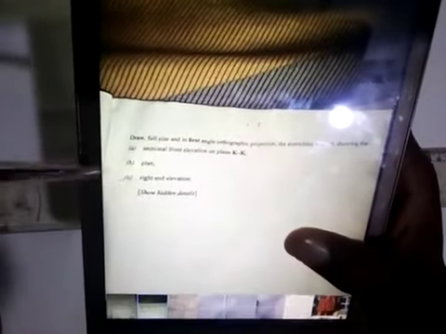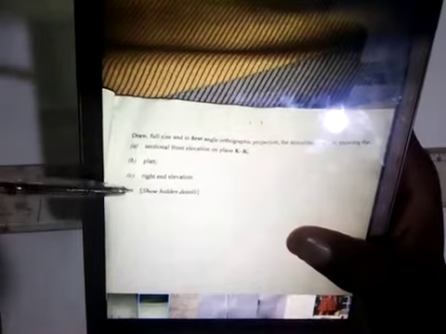And then the major question given to us here, let me show you. The major question says: draw full size in first angle orthographic projection the assembled bracket, showing A, sectional front elevation on plane KK, B, plan, and C, right end elevation. Now